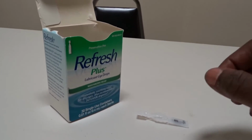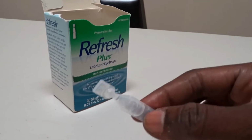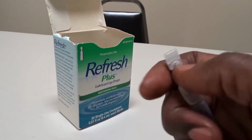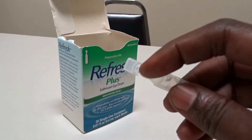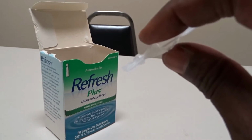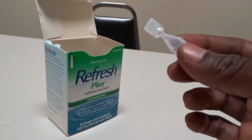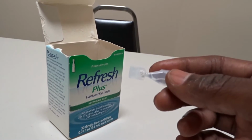In this box comes about 30 of these, and the chemical is inside here, and all you do is twist off this cap here. You twist this off, and then you get just a tip right here, and then you turn this over onto your eye, right above your eye, and put a few drops, maybe 2 or 3 drops in there, or sometimes if it's not too bad, you can just put 1, but I put 2 to 3 drops in there, and voila,